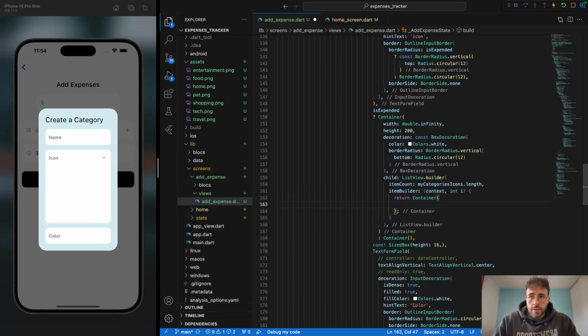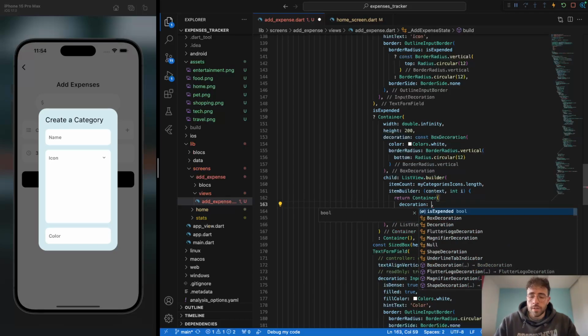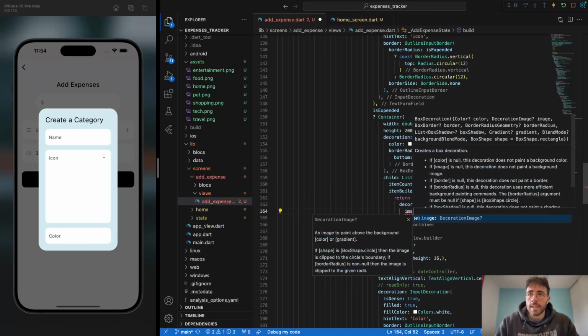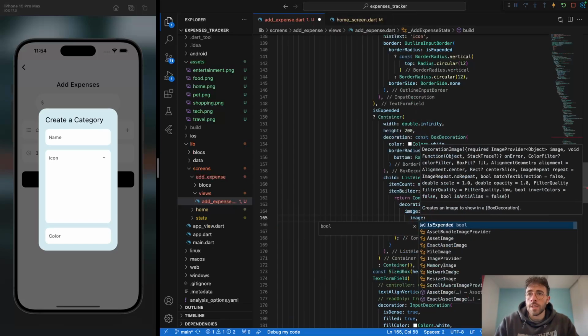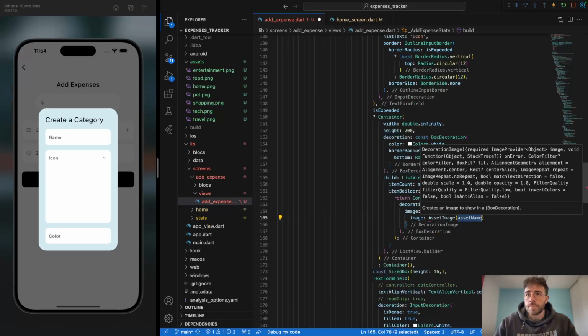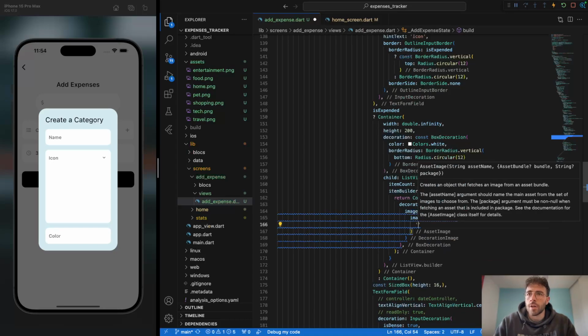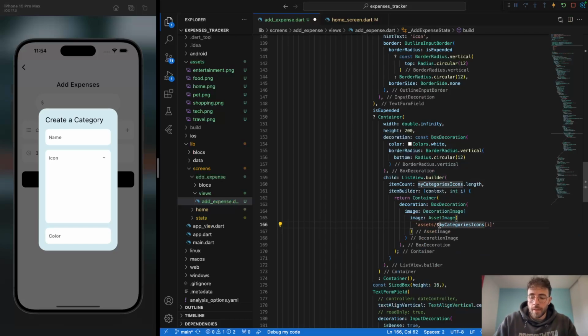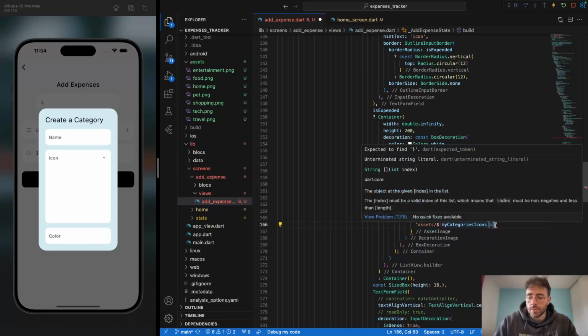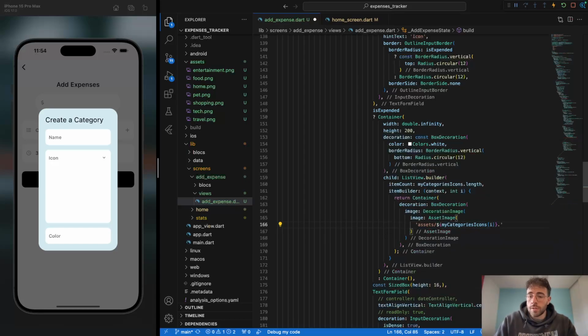And just for the sake of it, I'm going to do a decoration that's going to be BoxDecoration, and I'm going to access the image parameter, decoration image, and say that image is equal to AssetImage, and the asset name is going to be assets slash, my categoryIcons at index i, and I'm going to wrap that with this in order to escape it, okay, dot png, because they're all png, okay. If I save that,